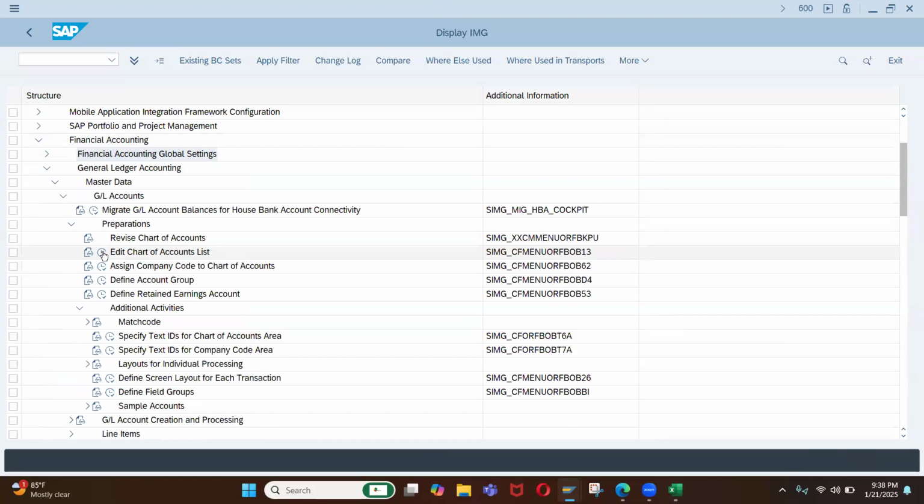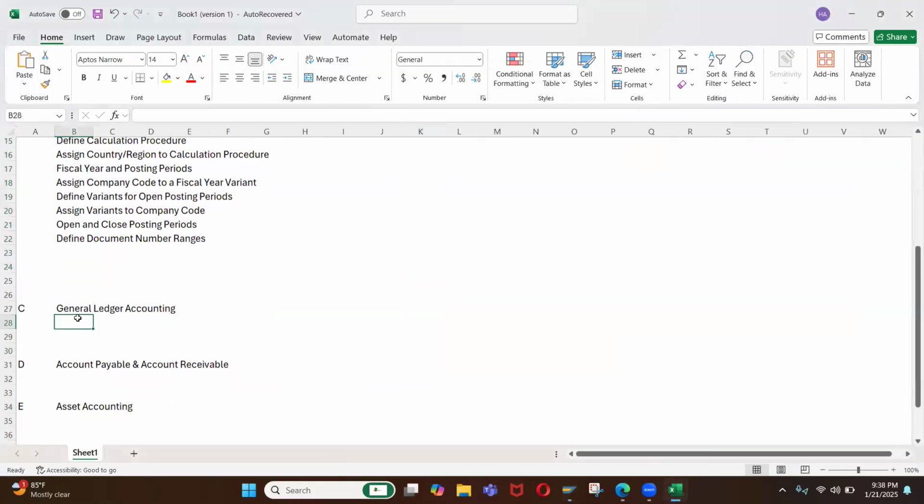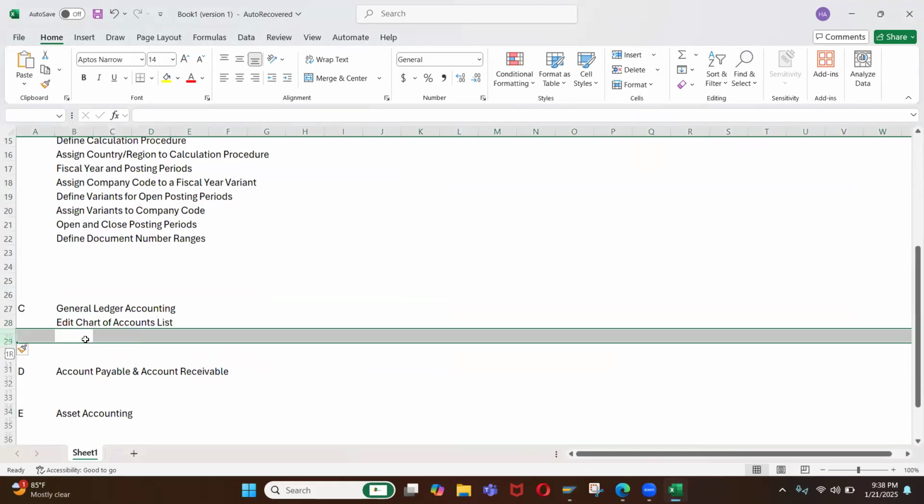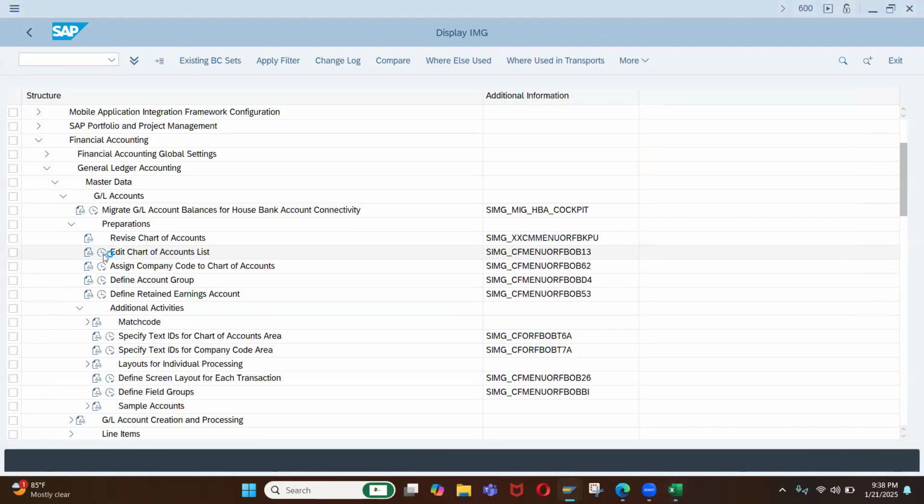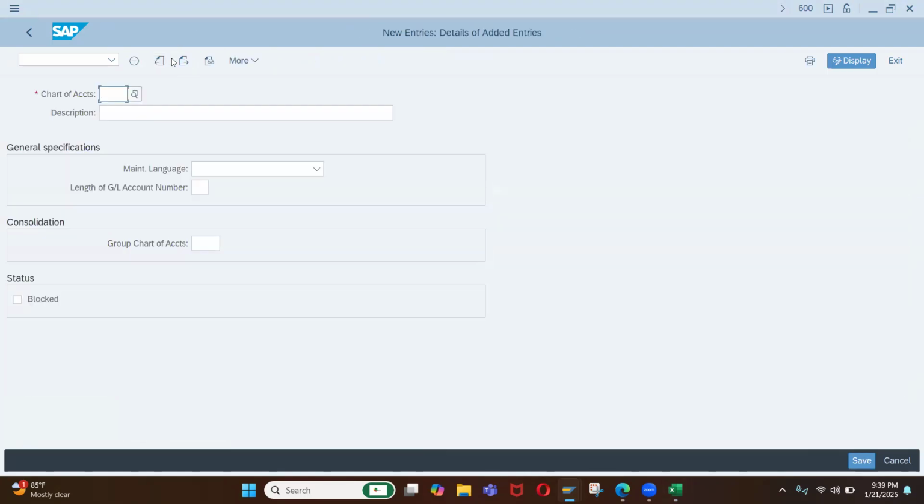So if you click on this now, which is OB13, just click on it. Copy this again. Edit chart of accounts list. So I'll click enter, and it will bring me to this place. Now click on new entry because we want to define a chart of accounts list. Like I said, what's a chart of accounts? A chart of accounts is a list of all accounts. It is a structured